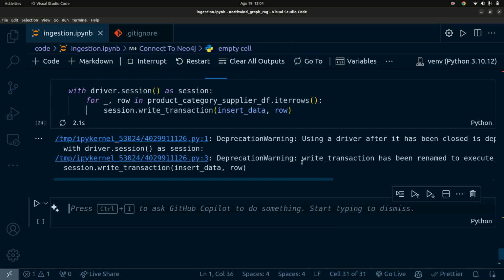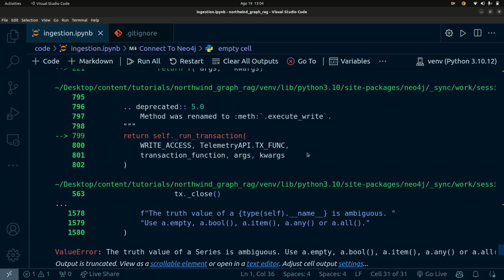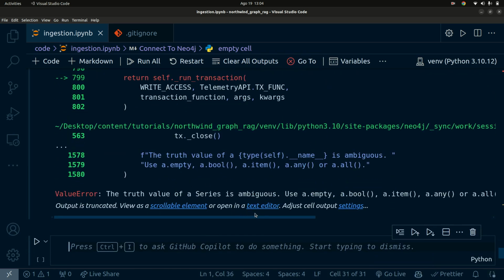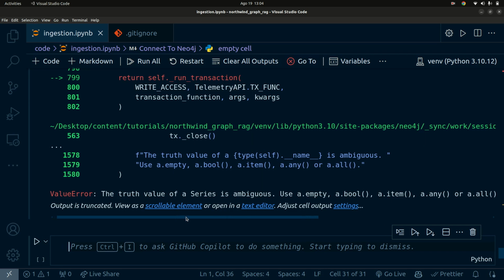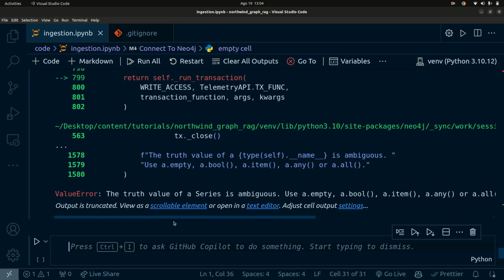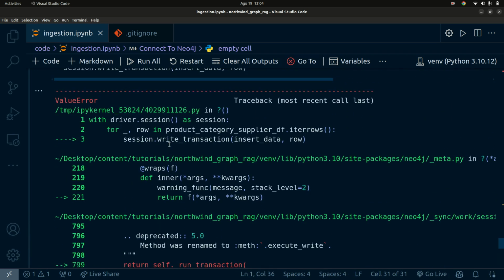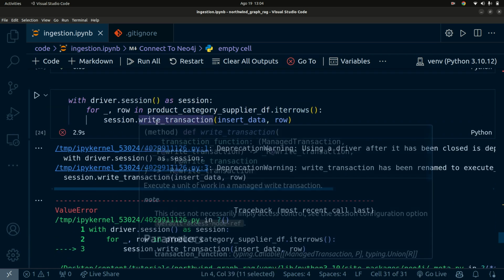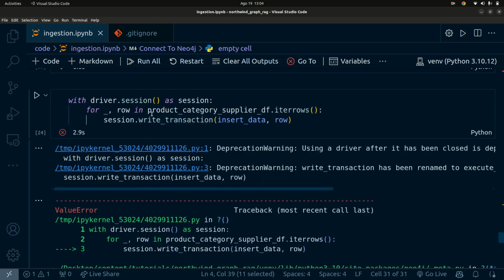And yeah, this will now take some time, because it's going to insert, okay, we had an error. The truth value of a series is ambiguous. Use empty, boolean, it also says the truth value of a series is ambiguous. So let's take a look at this and see if we have made any error anywhere. We're going to go through this in the product category suppliers data frame dot iterrows, and then you're going to say session, because we did a session right here, driver.session, and then you're going to do this right here, and then insert that into